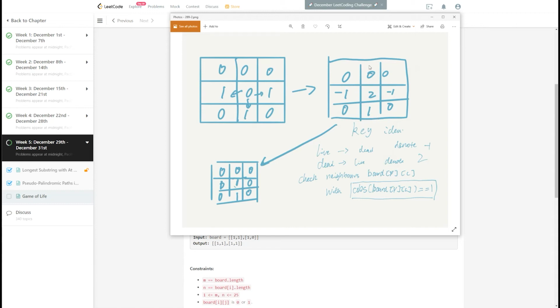While you are constructing the intermediate board, you should check whether your neighbors are live or not by taking the absolute value of your neighbor's cell and checking it against 1. So in this case, when you move to the number here, this one already changed to -1, but that's okay because its absolute value is 1, this absolute value is 1, and this absolute value is 1. You have 3 members